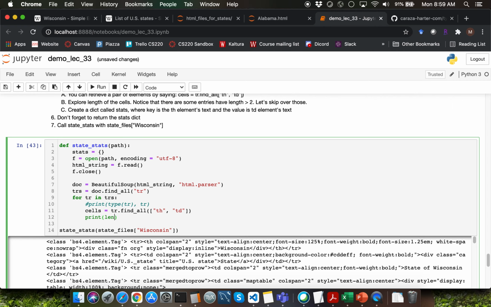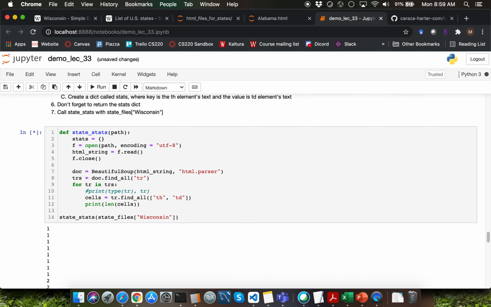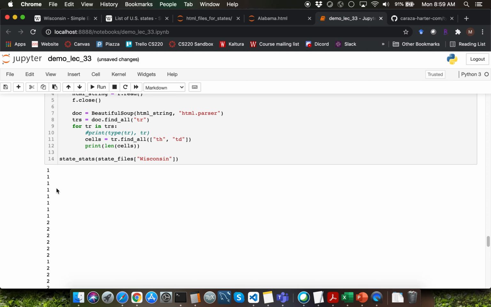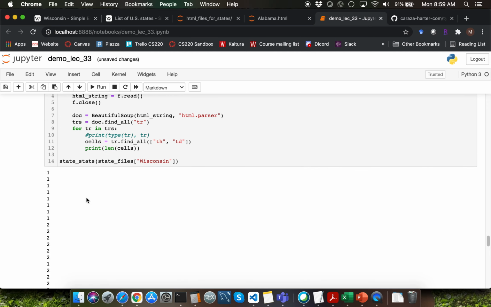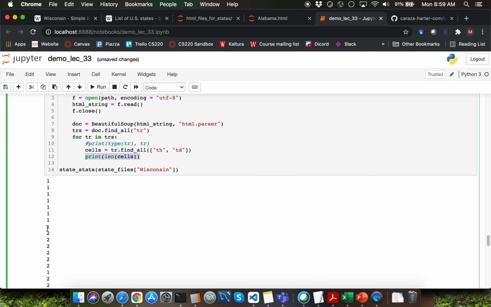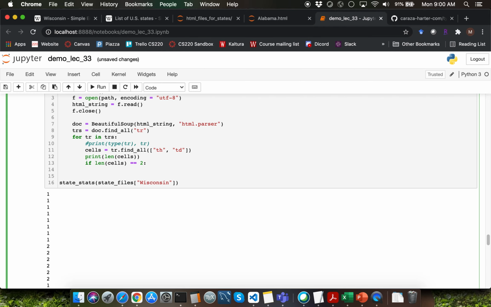For now, I'm going to display len of cells here. Observe that we are getting cells which only have length 1. We don't want to process those and we want to stick to processing the cells variable which only have length 2, which have the key value format. Let me go ahead and write an if condition here that's going to check that len of cells equal to 2. Once we determine that we have the key and the value, I'm going to extract the key by saying cells of 0.